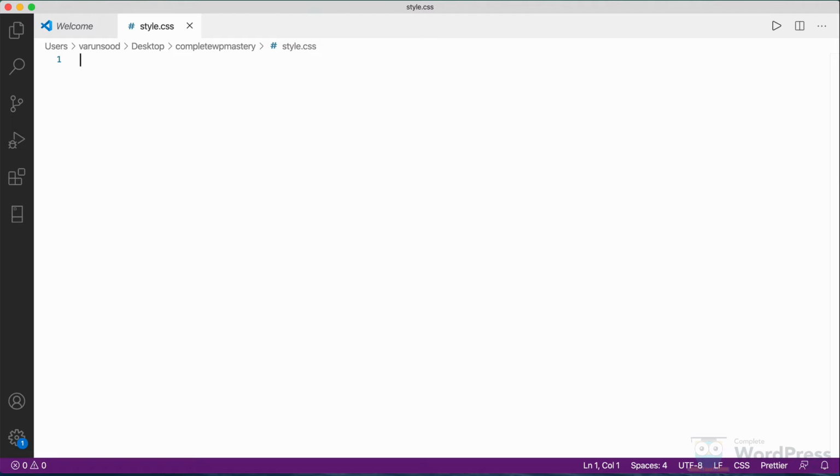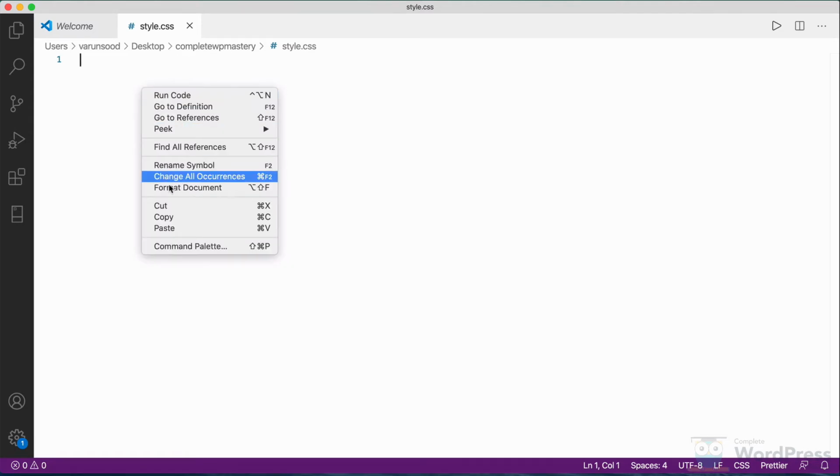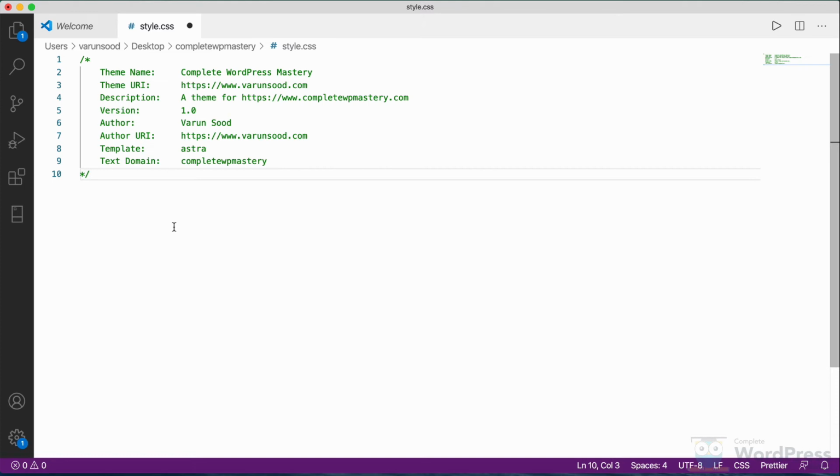WordPress requires us to have some header content at the very top of the file. This tells WordPress basic info about the theme, including the fact that it is a child theme with a particular parent. So let me copy and paste the header content into style.css. First of all, what you see is a CSS comment.